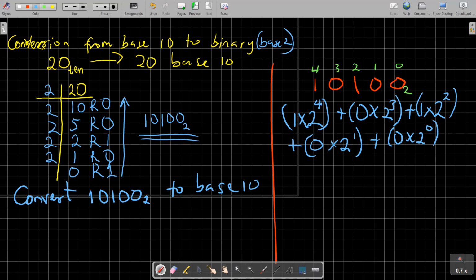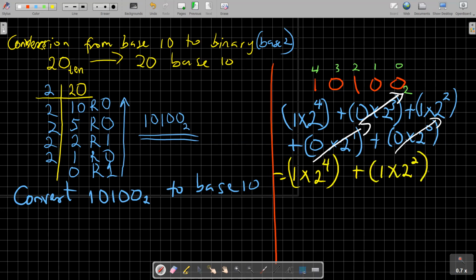In any case, anywhere you see 0 times a number, of course you should know this is going to be 0, this is going to be 0, and this is going to be 0. So what you have to do right now is to pick this. 1 times 2 raised to the power of 4 plus 1 times 2 raised to the power of 2 plus